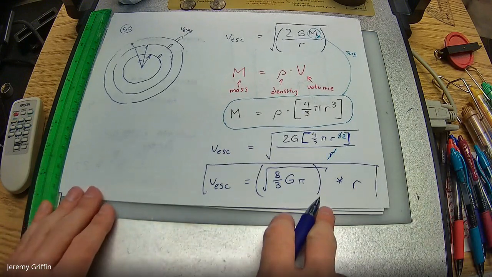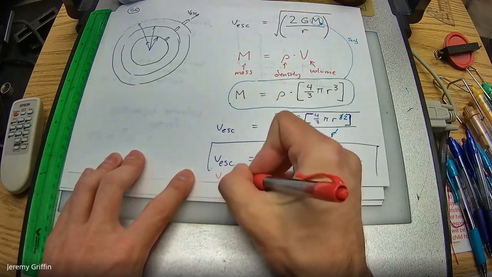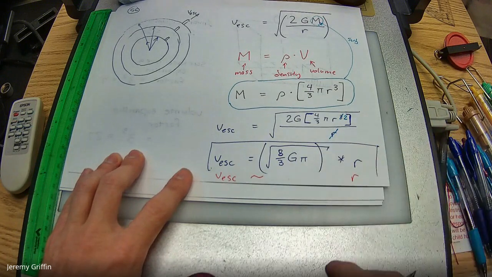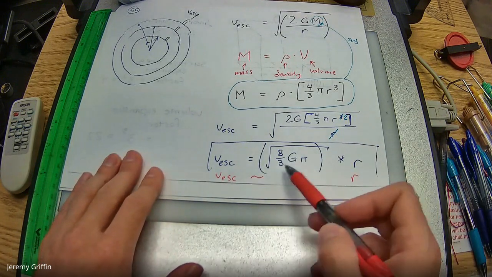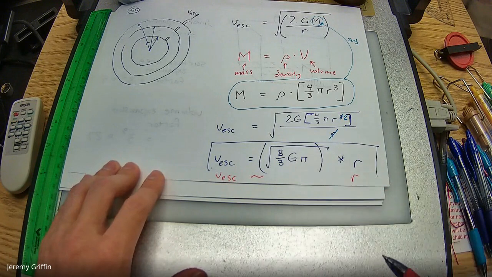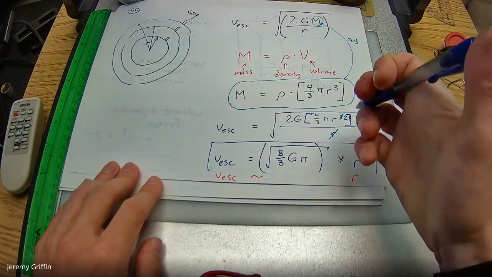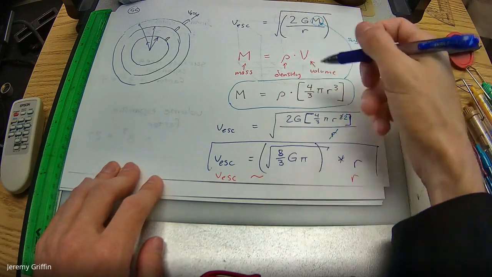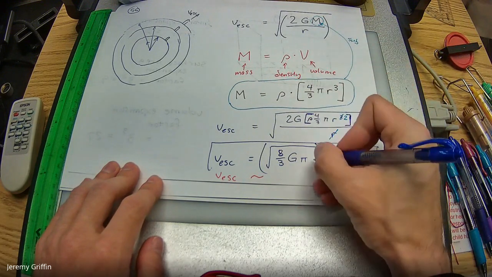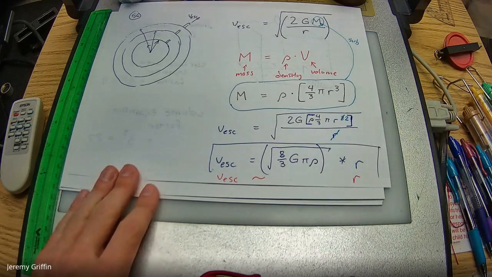So that very last line, you could say then that escape speed is directly proportional to the radial size, because the square root of 8/3 pi times G is all a constant. You guys see that? All the square root stuff is just a constant. Oh, I forgot my rho. I did that last class too. You guys see this rho right here? I need a rho for the density of the dirt. Just throw it somewhere in there.